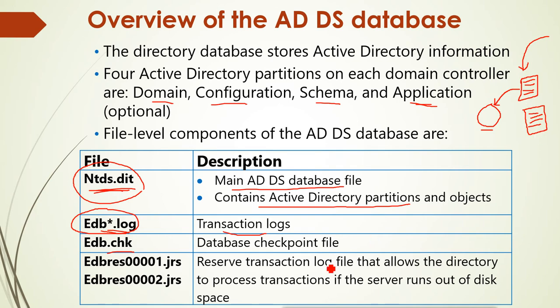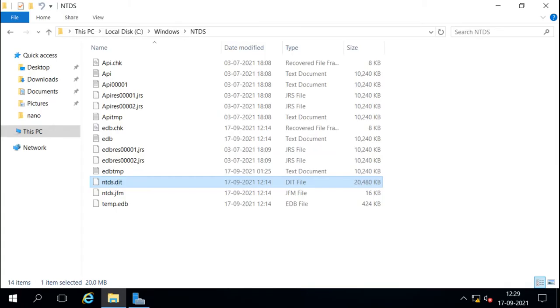If we see in our database, we can see this EDB file here, and it is showing that it is 10 MB. So it has already reached 10 MB, and it is going to be added into the NTDS file, the main database file. If it is not able to write it, then it will create one more EDB file, and it will number it like this.